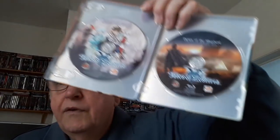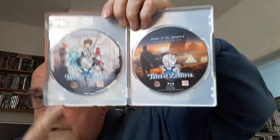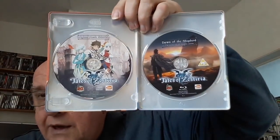I quite like this. It's something a bit out of the ordinary, typically Japanese. I presume that's some of the characters from in-game. And inside, this is the bonus. That's the original music selection, and that's a 25-minute anime film, and the other side music and anime. So that's what you get in your